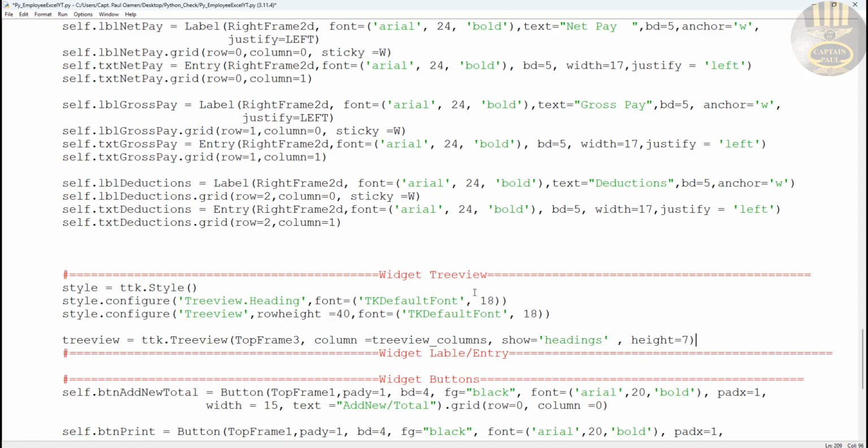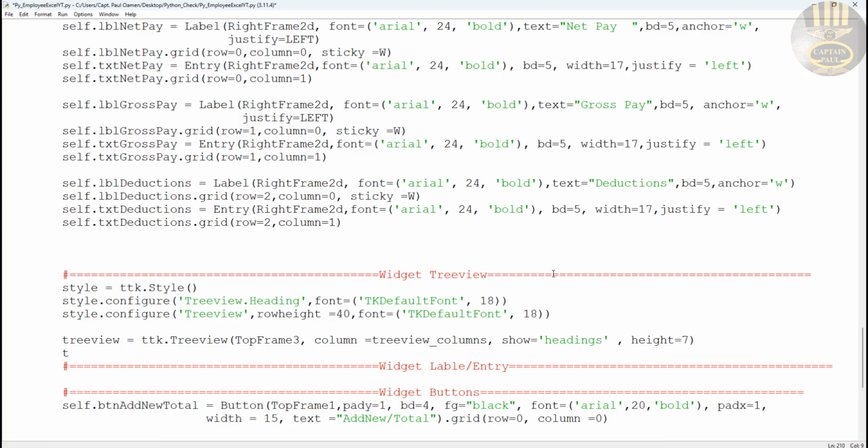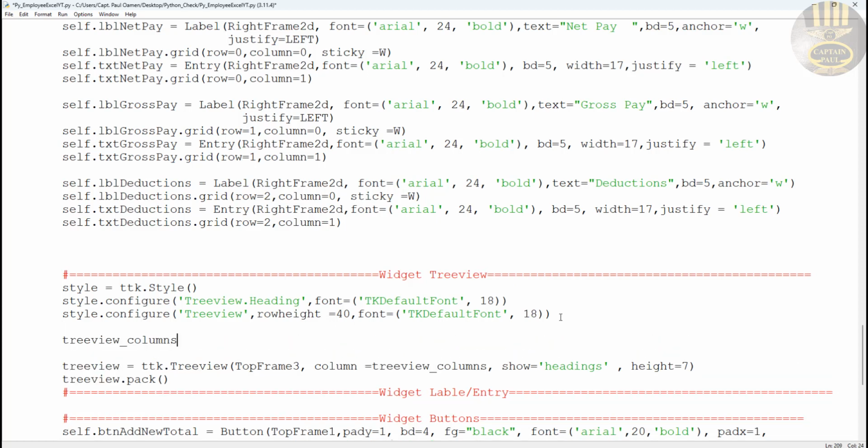So let's round up Treeview here. I'm going to get it packed. Let's say Treeview dot pack. Okay, you see this Treeview column. I don't have that. I need to define my column. So come right here and paste that in here. Now for the columns, I need that inside my